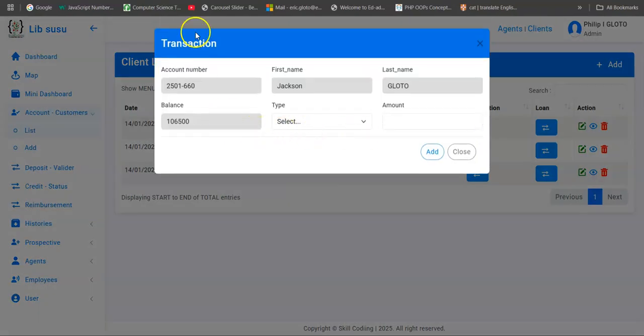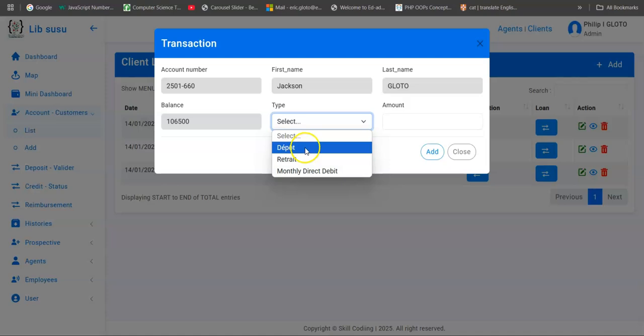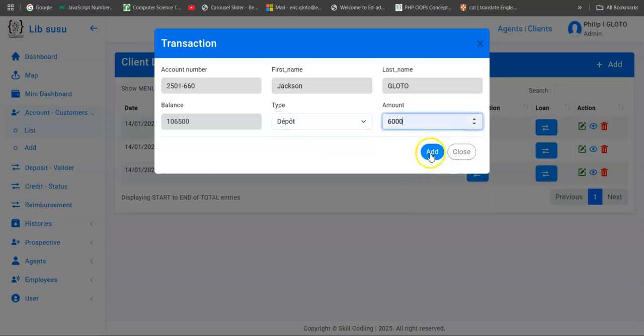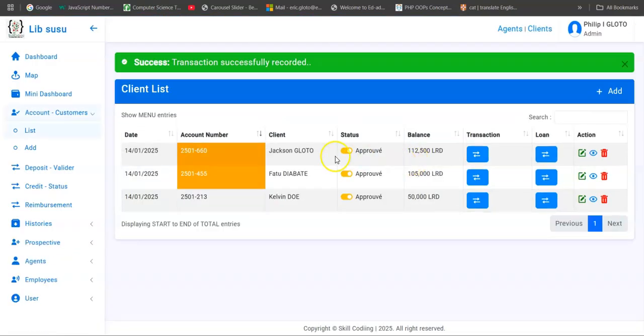So if we click here, we can see if the customer wants to do a transaction, whether it's deposit, withdraw, or monthly debiting of the account. That is, if you are taking a monthly fee that you're charging the customer for maintaining the account. So for example, we are going to do a deposit of maybe around 6,000 for this customer. We add that. So okay, this customer just got a deposit,